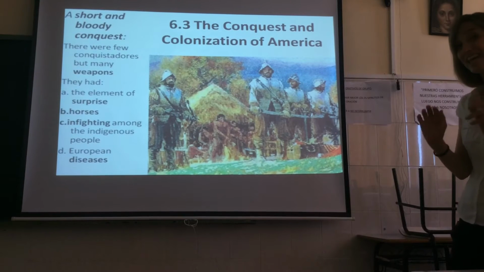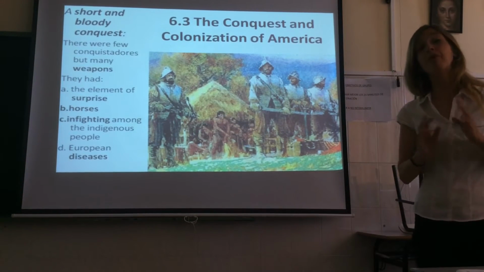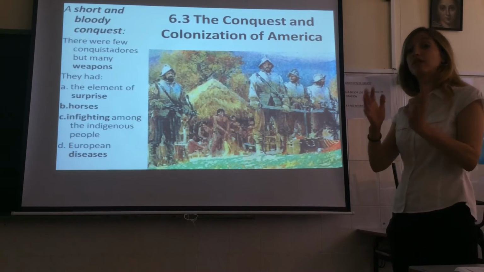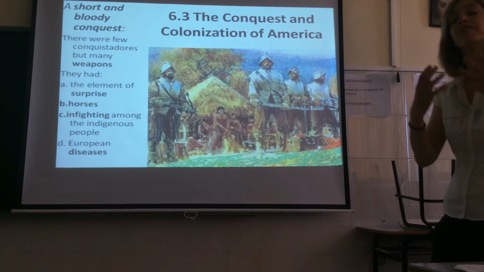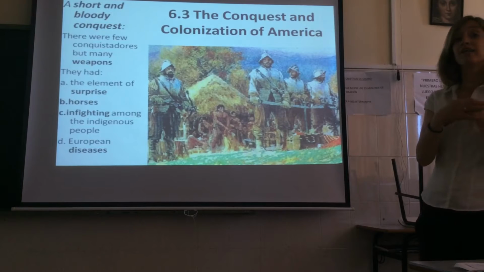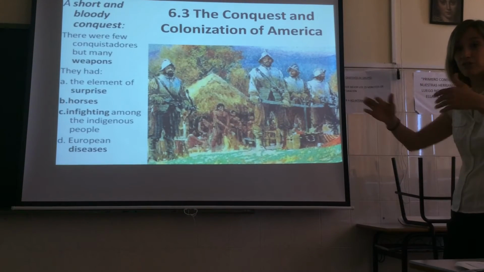And finally, one thing that's not in the book but is important is that European diseases is actually what wiped out about 80% of the people, right? They had never been exposed to Europeans who had certain diseases that for you could cause a fever or cold for a couple of days, and for those people could be lethal, right? Could be mortal. They could die from that.